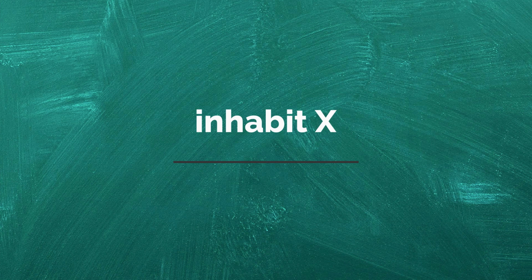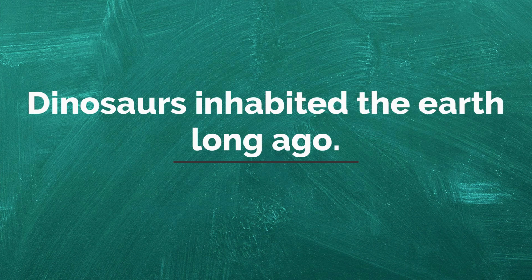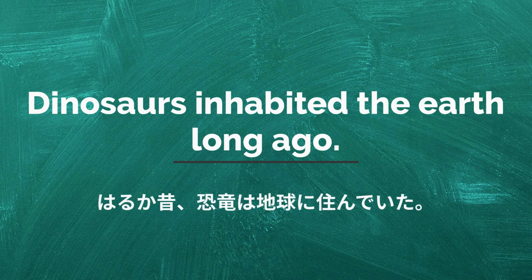Inhabit X. X に住む。 Dinosaurs inhabited the Earth long ago. はるか昔、恐竜は地球に住んでいた。